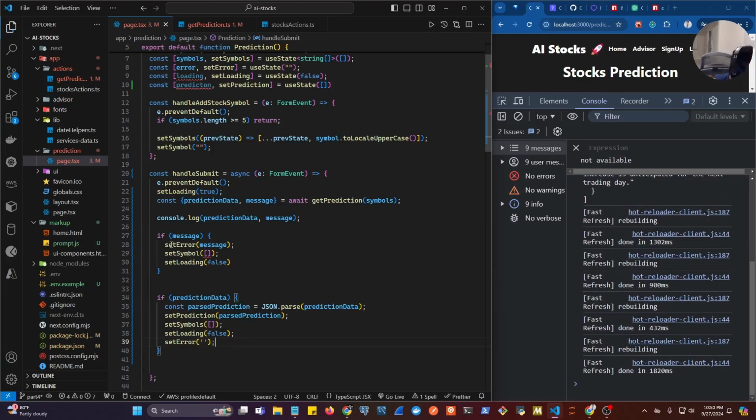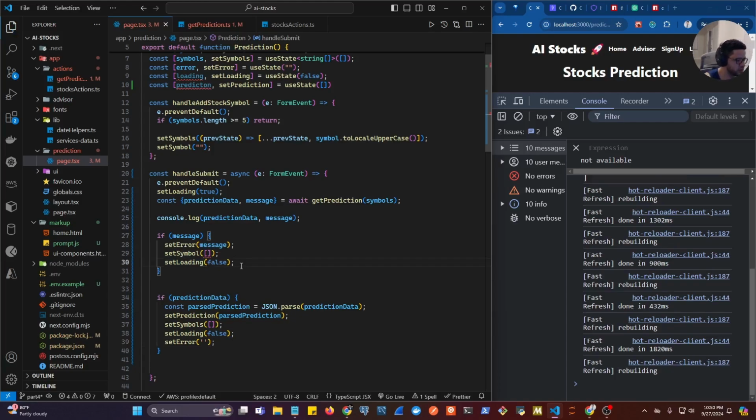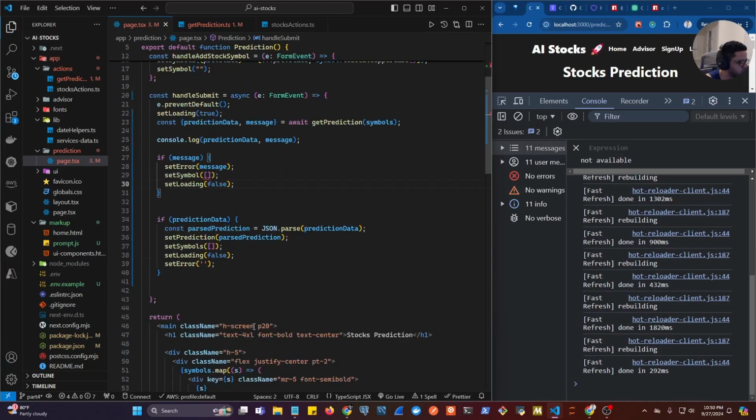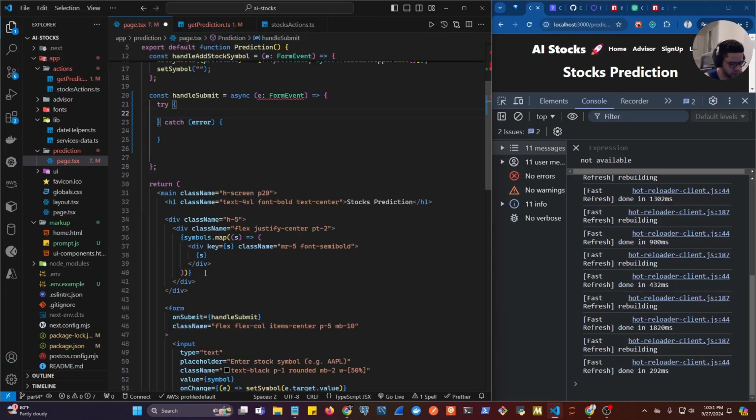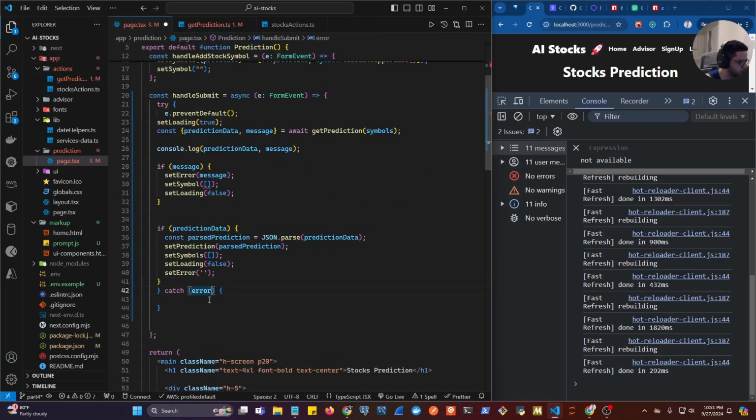And if we do set error, yeah, that should be good. Cool. So we put the data into the state, we clear everything up, and now let's wrap this into a try catch, because now this is an async function. So I'm going to highlight everything here, cut it, try catch, put it inside of the try, and then let's